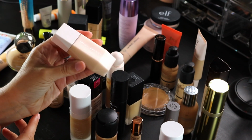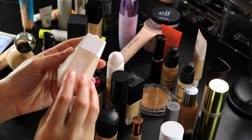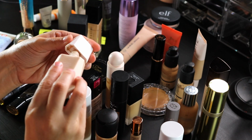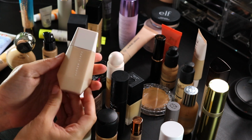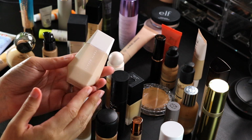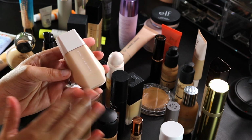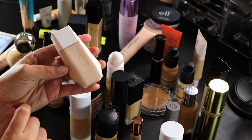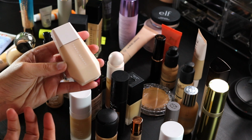Another lightweight coverage option that I love is this one from Fenty. This is the Easy Drop, and it's just a little squeeze bottle. The shade that I have is number 3, and it's very much like the other two. Again, a lightweight option, wears beautifully throughout the day, does not show any real signs of wear or separation on my skin, and it's just fantastic, especially for summertime, because I don't want anything heavy when it's really hot out,